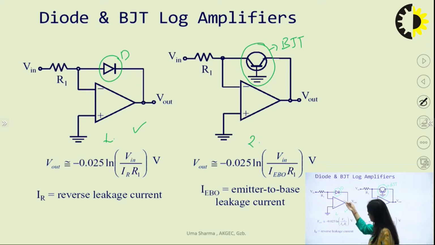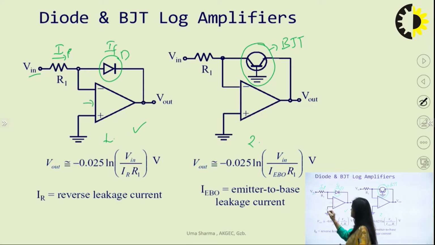If we see the operation of this diode based log amplifier, whenever this V input is positive, the diode is forward biased, and in that case this current I1, let's say, is equal to the current in the diode IF, because the current through this op-amp is 0, because the op-amp has infinite input impedance. So I can write I input is equal to IF, and I input is equal to V in